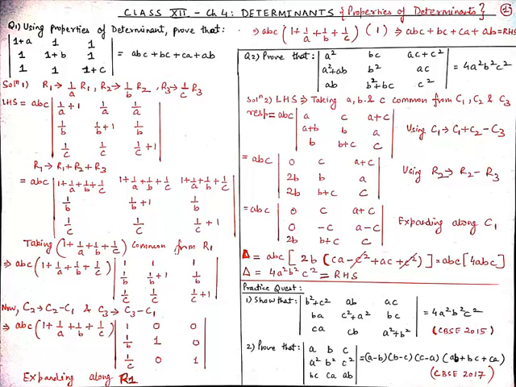Here, if you want to apply a row operation, then apply it by taking only row elements. And if you want to apply a column operation, then apply it by considering the elements of columns only. And now practice this question mentioned on your screen and submit me the solution.